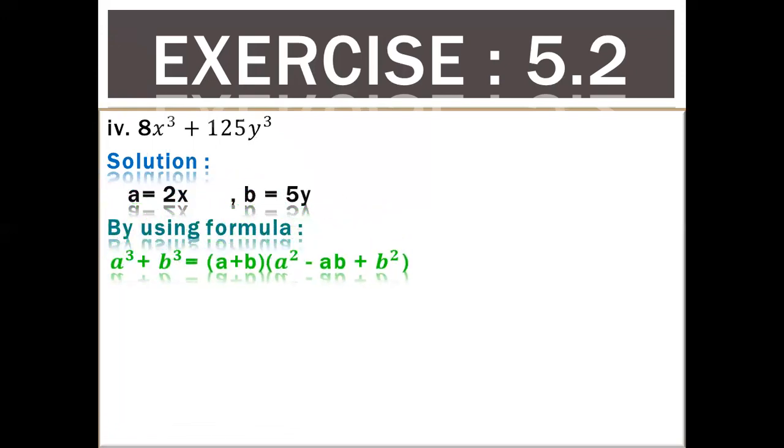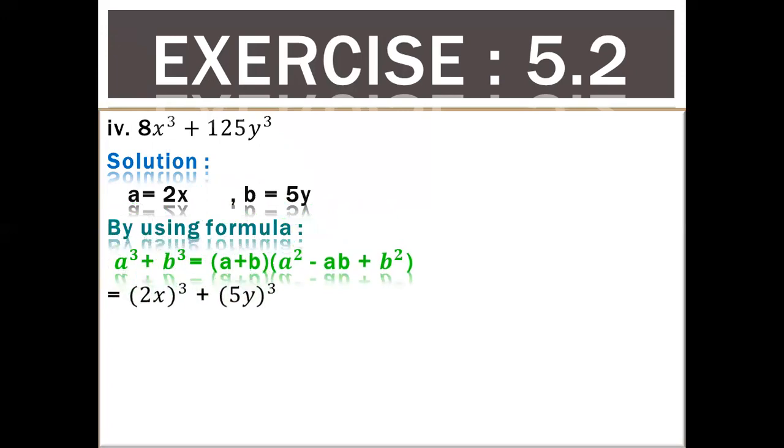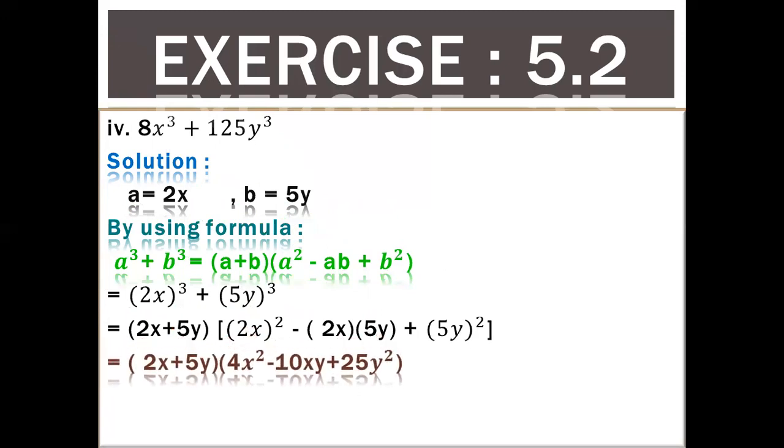Again, you find which term is your A and which term is your B. 8 is a cube of 2 and 125 is a cube of 5. We only put the values in the formula and we get the answer: 2x plus 5y, 4x square minus 10xy plus 25y square. I leave the parts for you as homework, but for your convenience I did all the parts